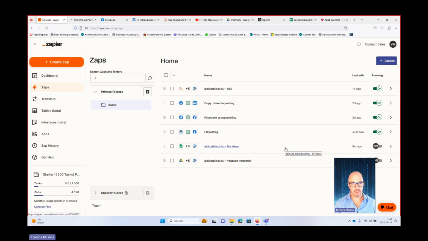Now let's jump to the next main topic, which is auto posting on social media platforms. I'm going to show you how you can automatically post on Facebook, on LinkedIn, and even on Facebook groups. But the logic is basically the same for all the other platforms like Pinterest or Twitter or whatever, right?